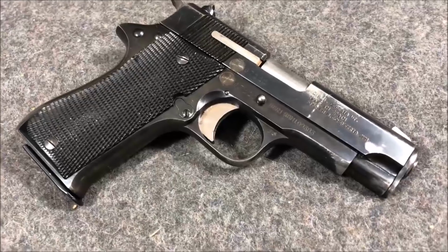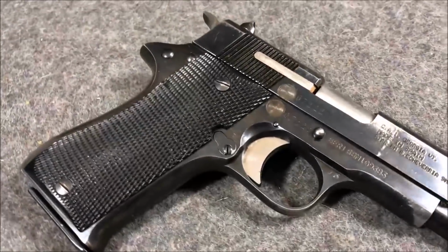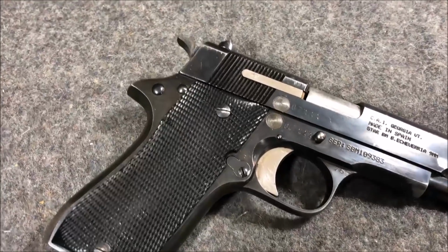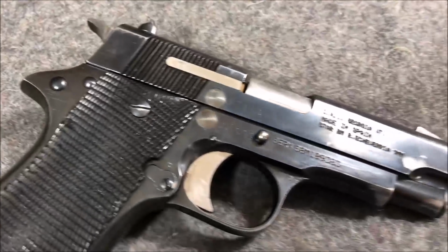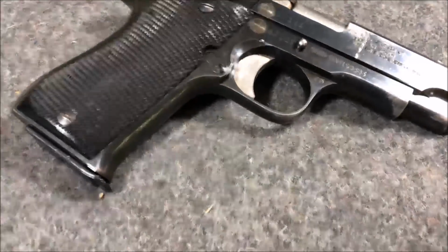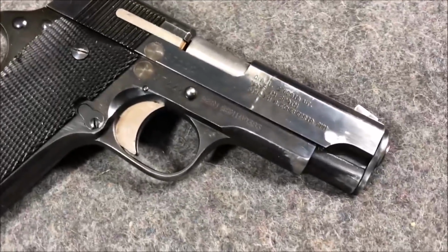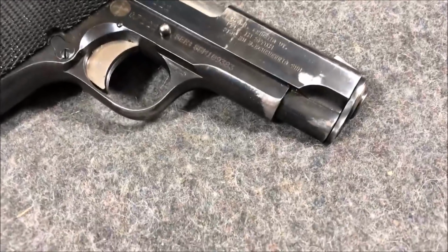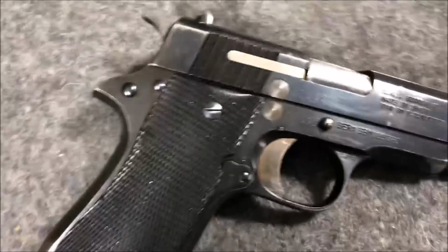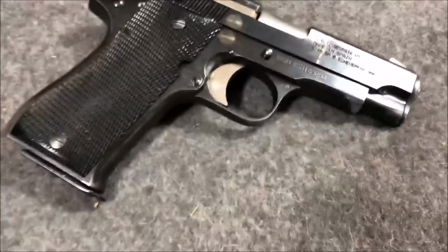These are the Spanish Star Model BM pistols in 9x19mm. I actually got 2 of them, but I got them for all said and done under $200 a piece with the FFL fee and everything and shipping from AIM Surplus. The regular grade ones are $200. These were the shooter grade ones, so they're a little bit cheaper. But if they have more shooter grades or other places have shooter grade Spanish Star Model BMs, you should totally get that. $200, all said and done, for a 9mm,